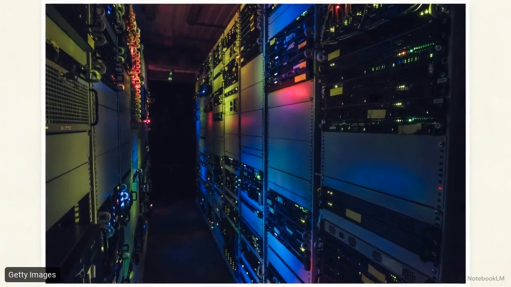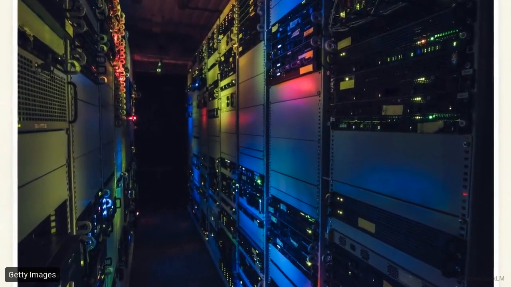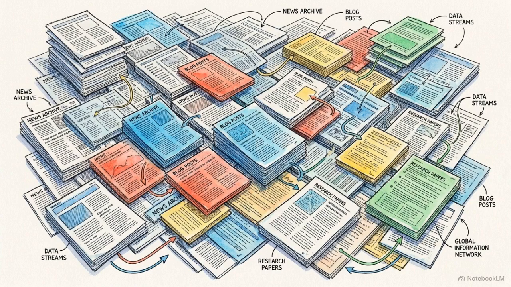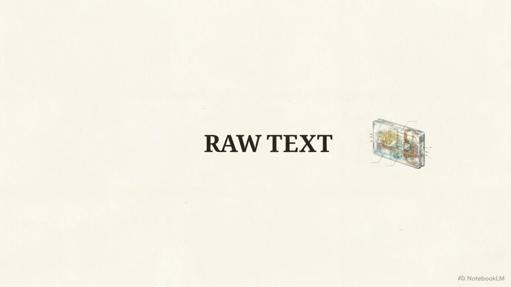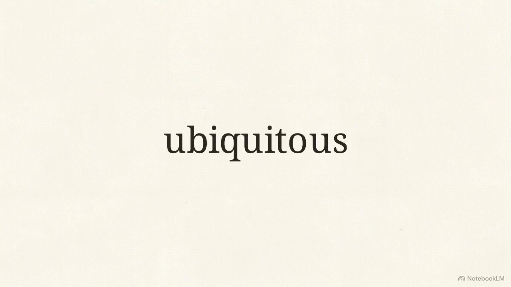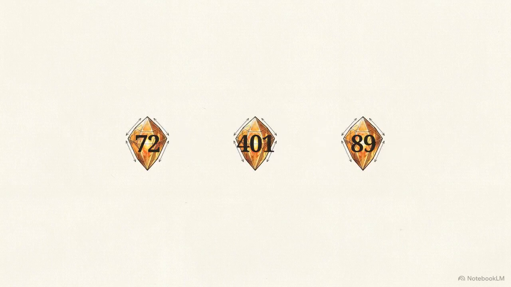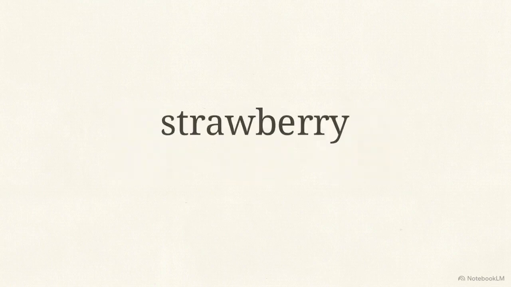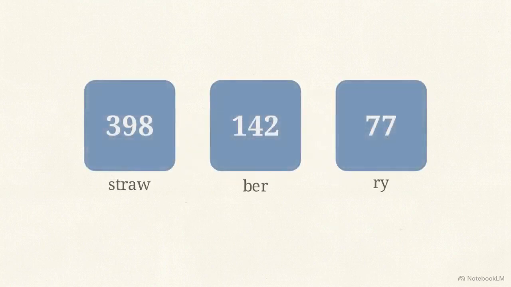This vast expanse of server racks houses the physical infrastructure required for the first stage, pre-training. The objective here is to ingest massive swaths of the public internet to build a statistical simulator of how human text flows. But raw text cannot enter a neural network. It must be converted into numerical sequences through a process like byte pair encoding. The algorithm searches for common groupings of characters and assigns them unique integer IDs, breaking a single word like ubiquitous down into 3 discrete tokens. The model never sees the letters U, B, I, or Q. It only sees these numerical chunks.